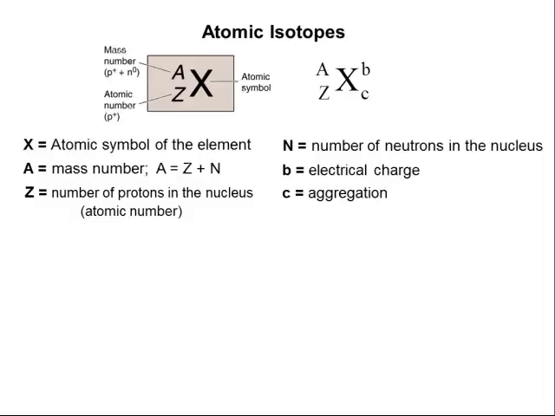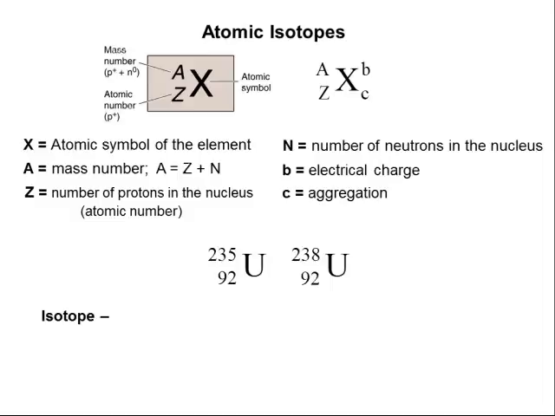All right, the other thing we have to worry about is atomic isotopes. We've got uranium-235, we've got uranium-238. So if we have an isotope, and these are 2 isotopes of uranium, what's the difference between them? Well, they both have 92 protons. That's what makes them uranium. The number of neutrons are going to be different though, because one has a mass of 235, the other has a mass of 238. One of them has 143 neutrons, and the other one has 146 neutrons. Okay, so isotopes, same number of protons, that's what makes them the element they are, different atomic mass because it has a different number of neutrons.